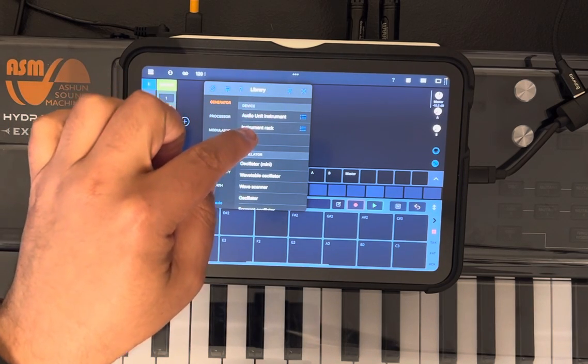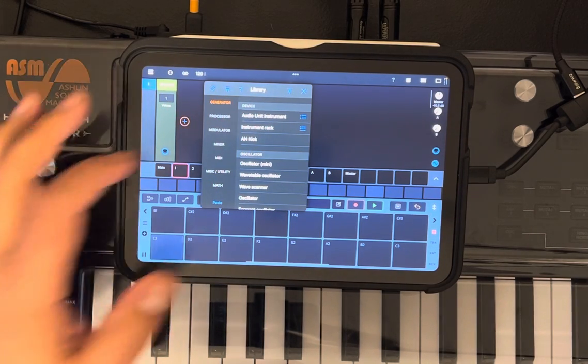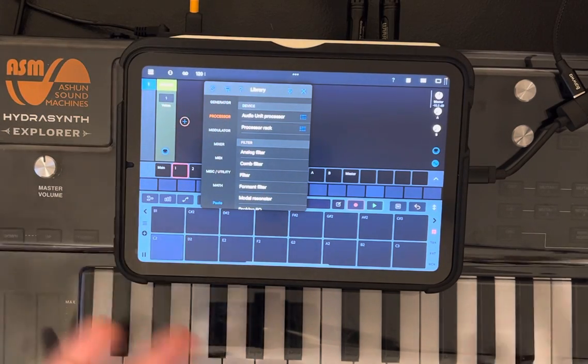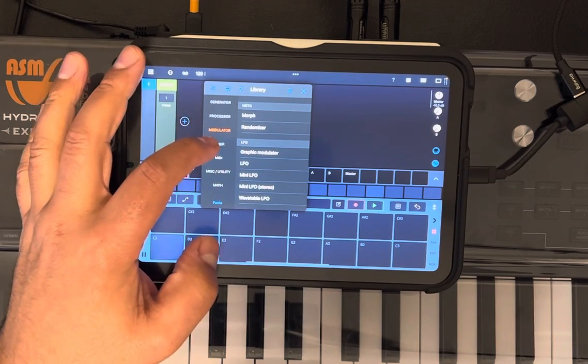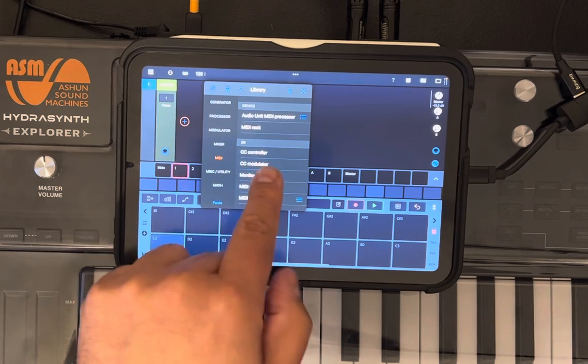Generators represent instruments. That's basically what it is. It's an instrument. Processor is exactly that. It's your effects. It processes sound. Modulator modulates the sounds, like LFOs. Mixer is pretty self-explanatory. MIDI is where your MIDI